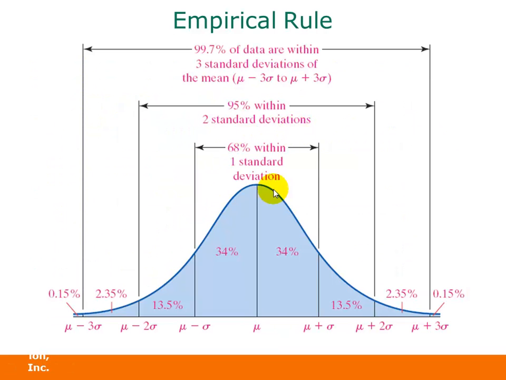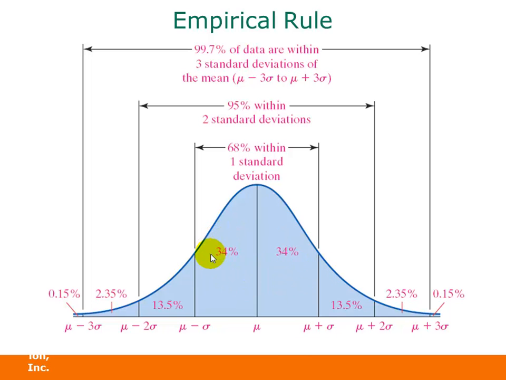Here's a picture to help make this a little bit clearer. Here is our approximately bell-shaped distribution, and here we have the mean in the middle, and if we go one standard deviation on either side, so if we subtract the standard deviation to get this boundary and add the standard deviation to get this boundary, in between those two values we have 68% of our